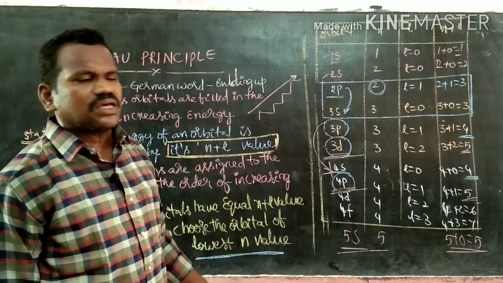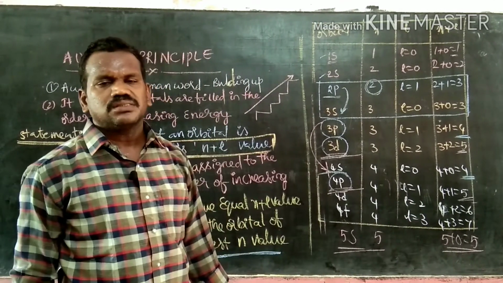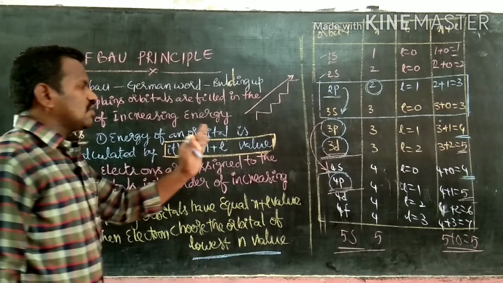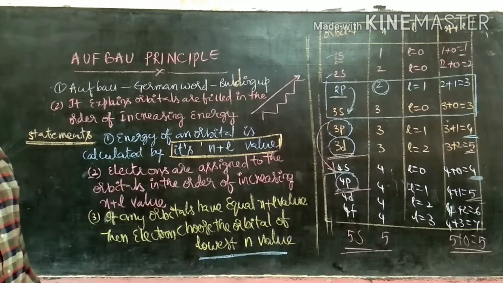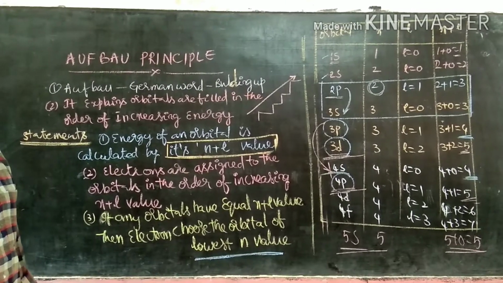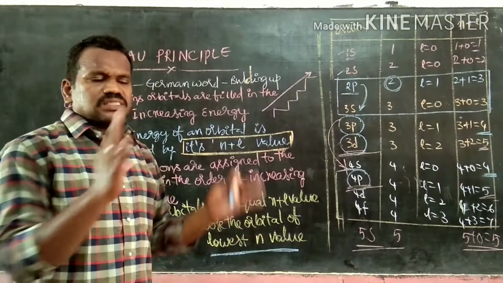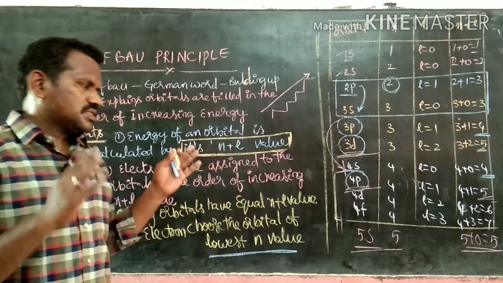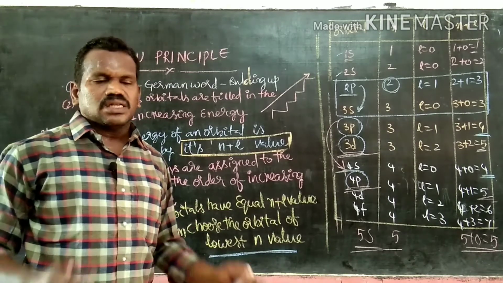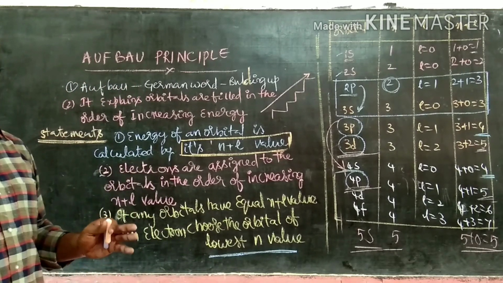The problem arises. It means there is a confusion. How to remember the increasing order of orbitals? For that purpose, Sir Aufbau gave a chart depending upon the concept of the Aufbau principle, to represent and remember the increasing order of the orbitals, in the name of the Aufbau chart. Now we can see the chart on the table and on the board. We can discuss that. Nowadays we are following this chart to write the electronic configuration of elements.